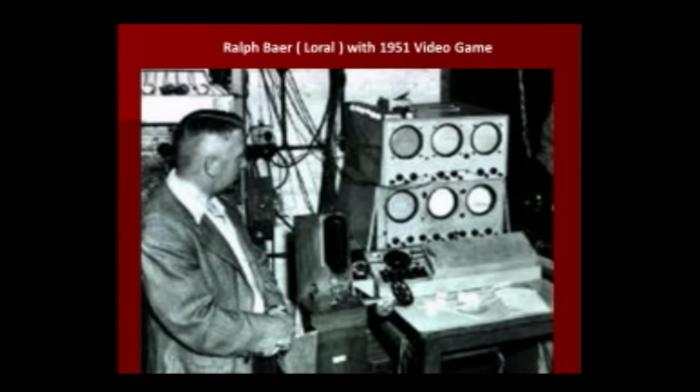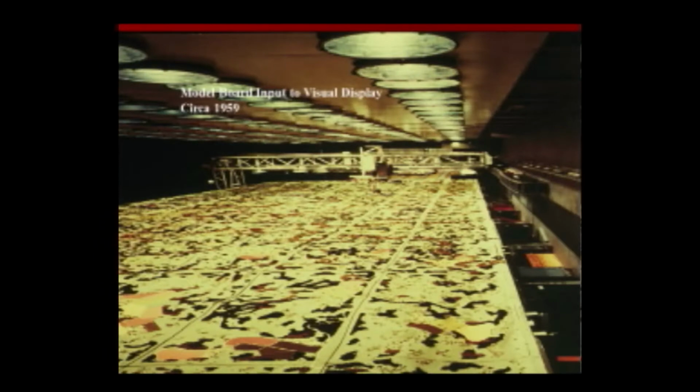We're all into video games today. In fact, the military is using video games, and I'll talk a little bit about that later, but this is the inventor of the video game, Ralph Baer, back in 1951. And look at the complex equipment that he had to be able to play his video game in those days compared to what you have probably in your pocket right now, if you're allowed to have them in your pocket right now, well, at least at home or wherever.